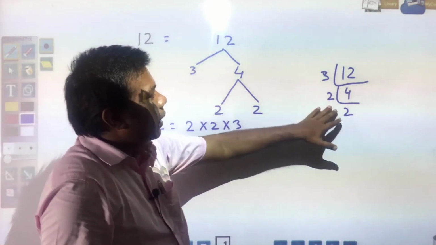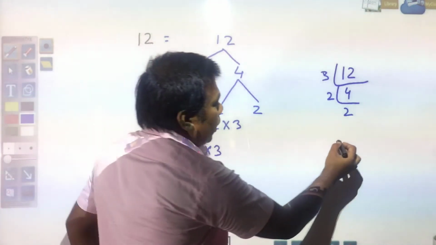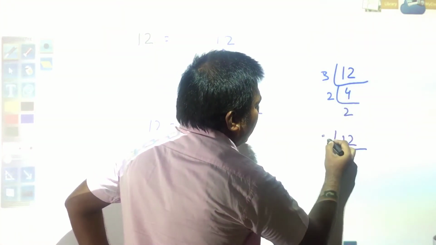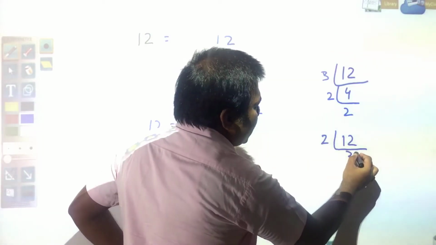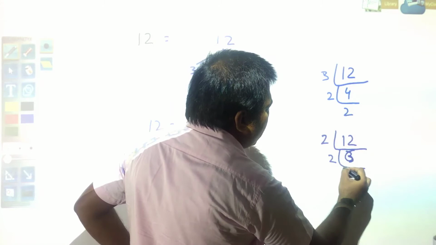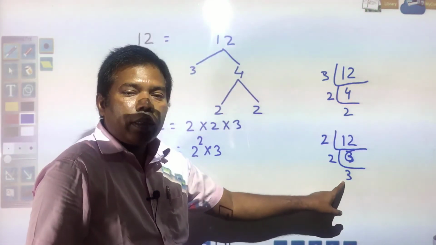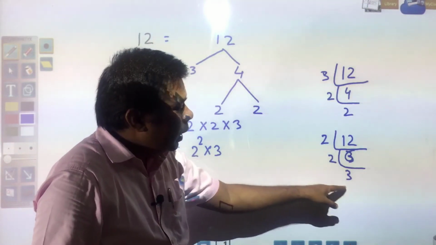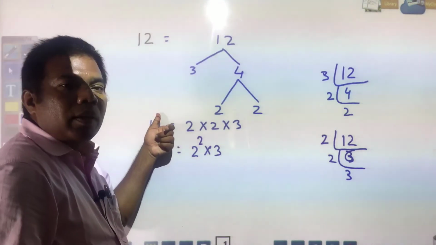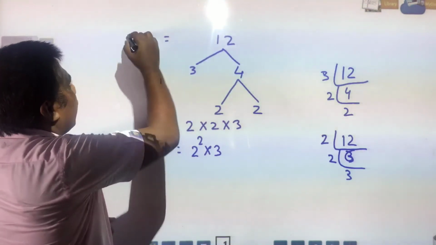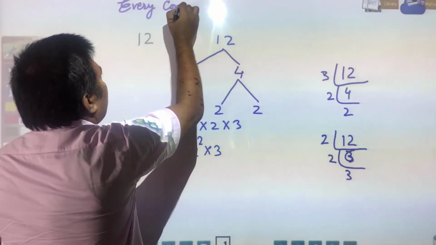We could have started by dividing by 2. In that case, what would happen? Suppose you start dividing by 2: 2 sixes are 12 and 2 threes are 6. So again you are getting 2 square into 3. The order may be any of these primes, but the product will come out the same. So finally what you got is that every composite number